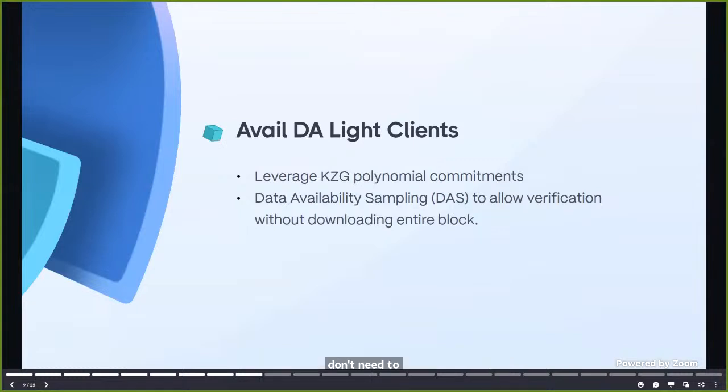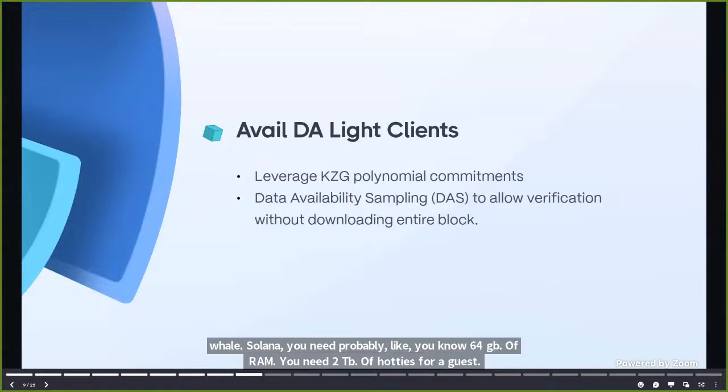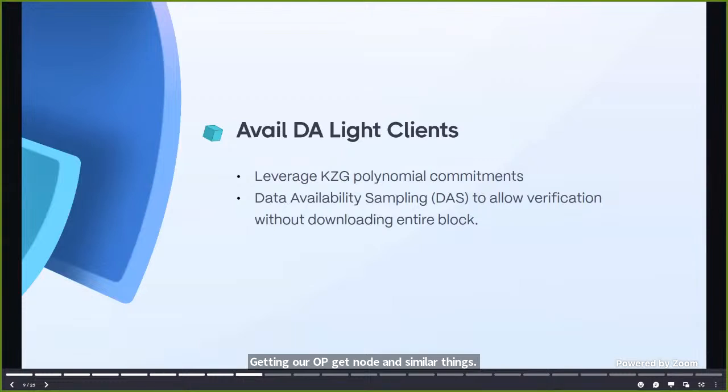For example, if you want to run a full node, be it Ethereum, be it Avail, Solana, you need probably 64 GB of RAM. You need 2 TB of hard disk for a Geth node or an OP Geth node and similar things. What we wanted to do is have this light client network, which does not require that much hardware overhead. So that is why we came up with the idea of light clients. It is a P2P network, and what it does is data availability sampling, which allows the verification for you without downloading